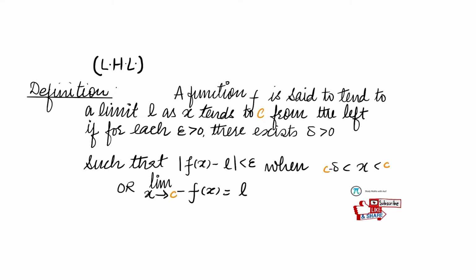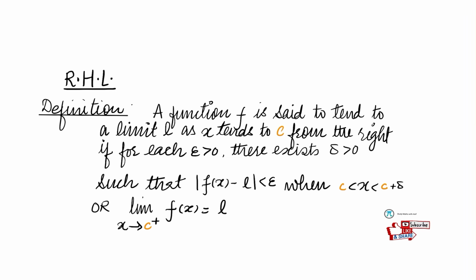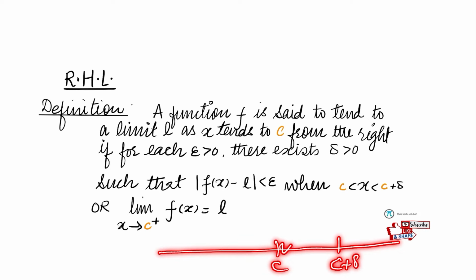Now let's talk about the right hand limit at the same time. So you see on the screen, now this is the right hand limit. In the same fashion, we can define the right hand limit, but here it is right, not left. So f(x) tends to L as x tends to c from the right. Symbolically we write this as x goes to c plus. So now the points you see, this is c and this is c plus delta. These points I will consider when you approach c, because you are coming from the right direction. Only this direction we have to talk about.